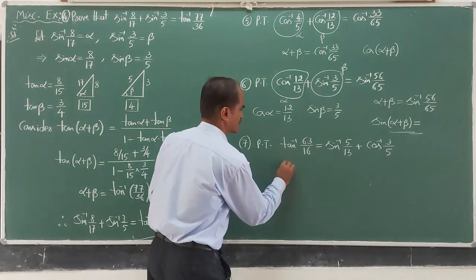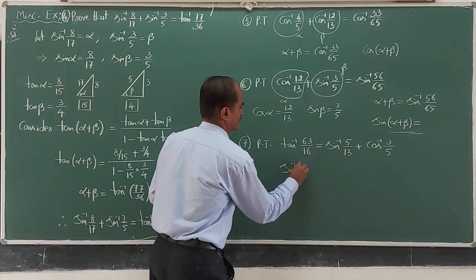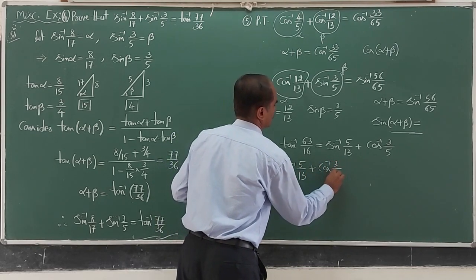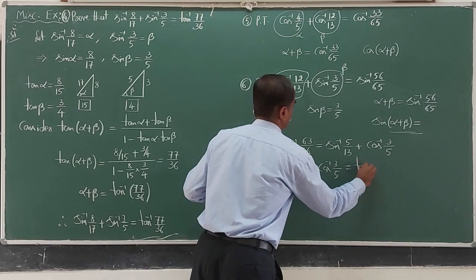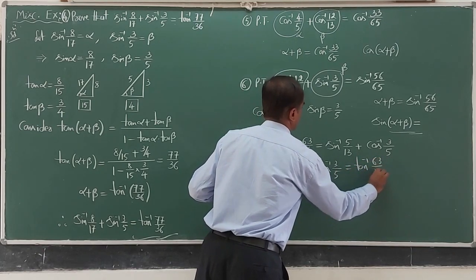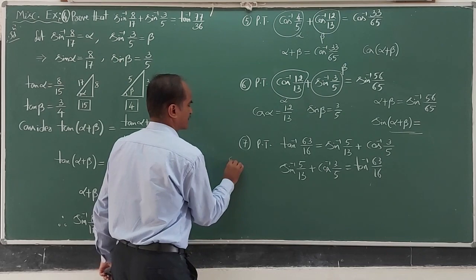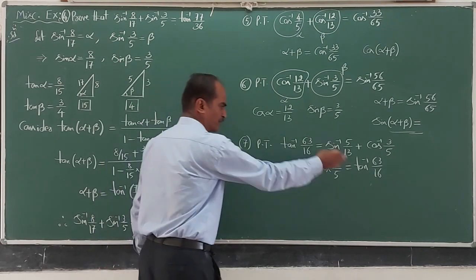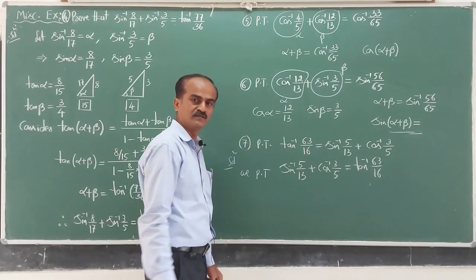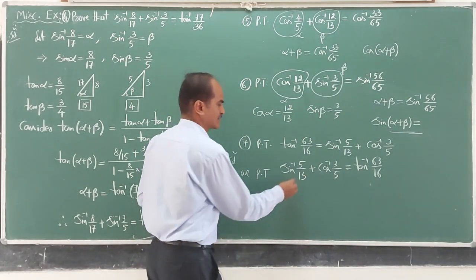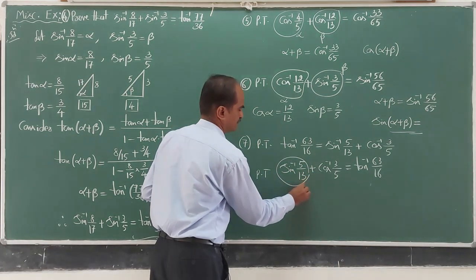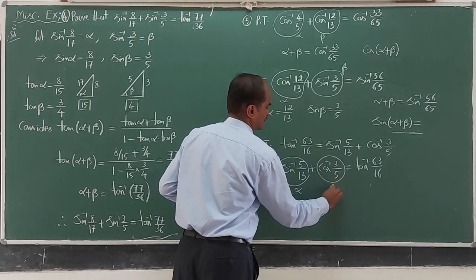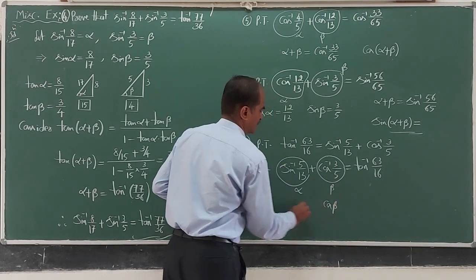It is as good as the question sin inverse of 5 by 13 plus cos inverse of 3 by 5 is equal to tan inverse of 63 by 16. You can write in the solution part saying we prove that. Then you prove this result, it is as good as proving the given one. What is the logic here? Again, this is alpha. By this you will get a sin alpha value. This is beta. By this you will get cos beta value.